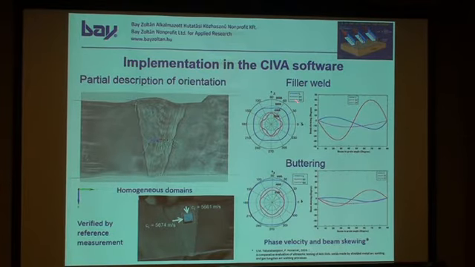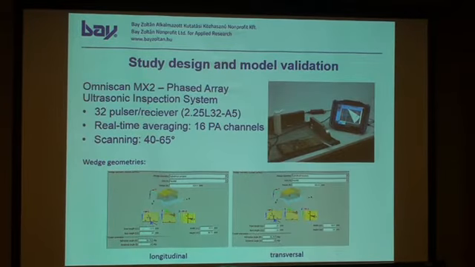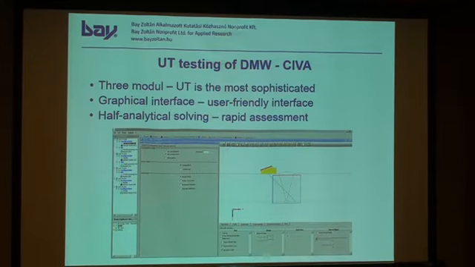You can see the wave velocities in different angles, in the pillar weld and buttering as well. And it was used for the Sigma simulation. Also, longitudinal probe and transversal probe were used, as I mentioned before. And this is how it looks in the Sigma calculation and NDT calculation.